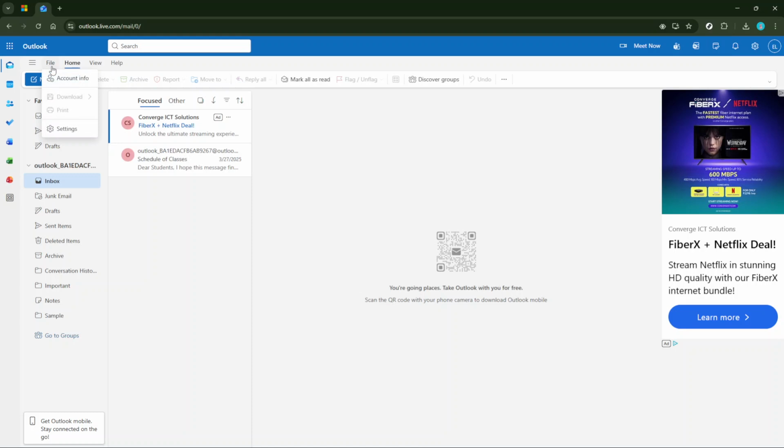With your mouse, go ahead and click on the File tab. Doing so will transition you smoothly into the Backstage view. This area is like your control center within Outlook. Here, you will find a collection of essential options arranged in an intuitive menu.